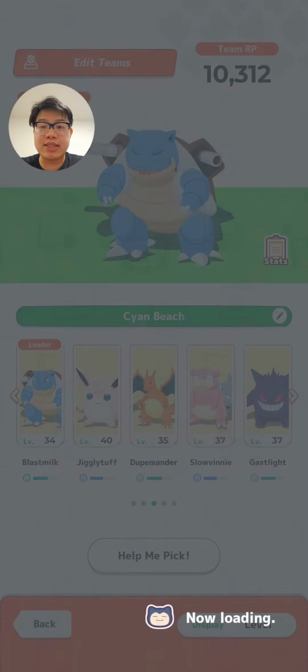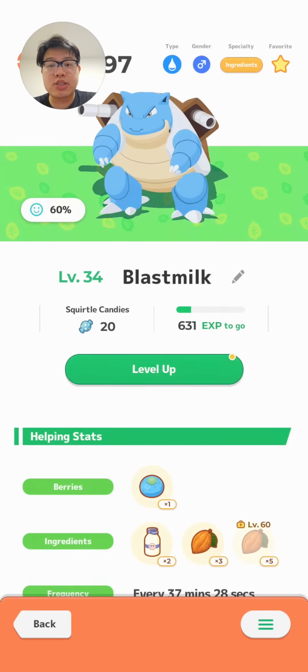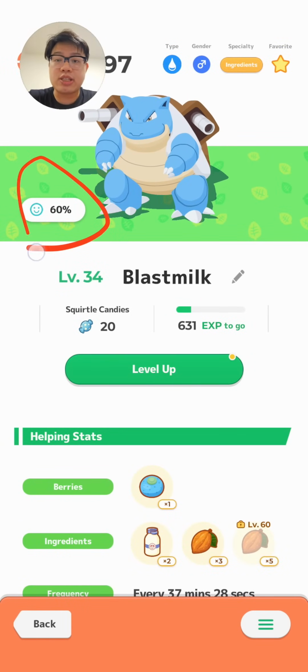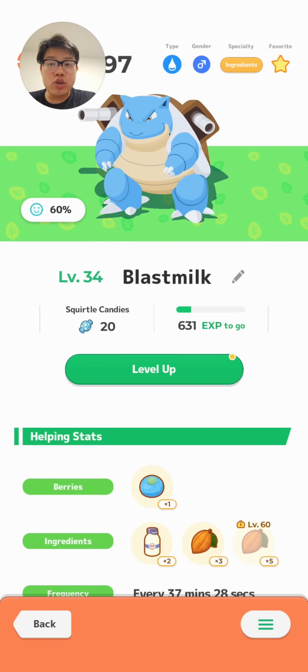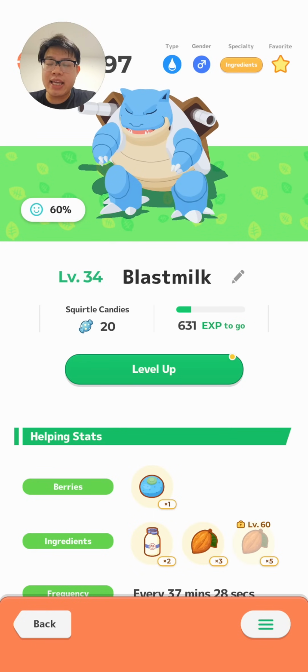So for example, in this case, my current Blastoise is at 60%, not the energy at the start of the tracking. Because unlike phone users, they can't play the game while you're technically sleeping. Whereas